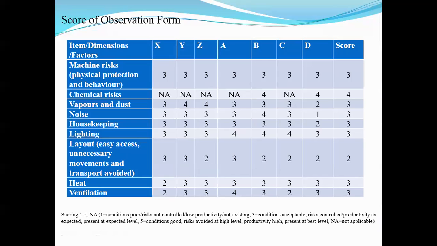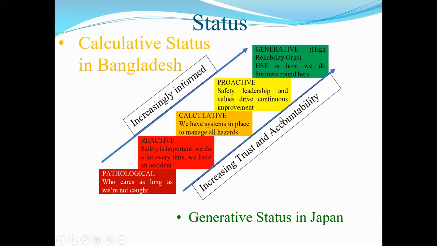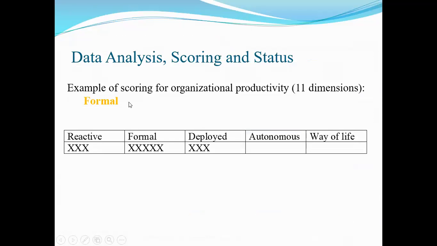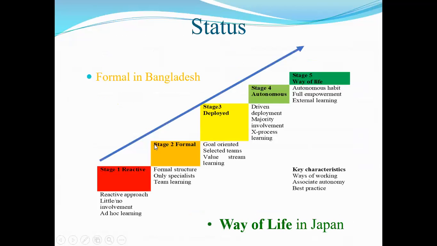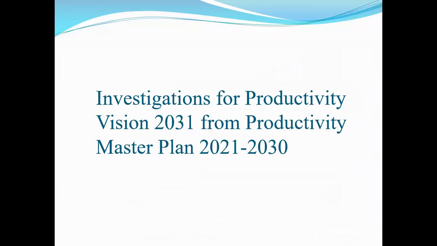And similarly, we observe another organization. This shows the calculative status. And this is the productivity maturity model, formal. Formal means formal structure, only a specialist. We can compare another investigation of